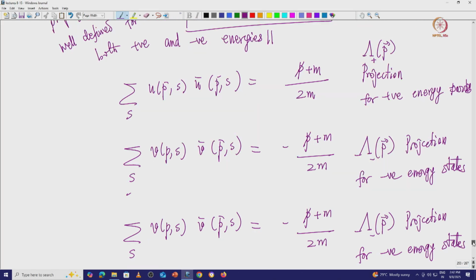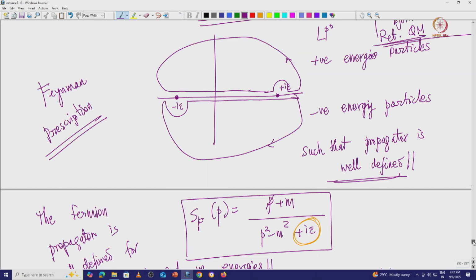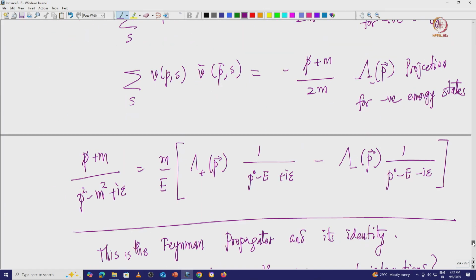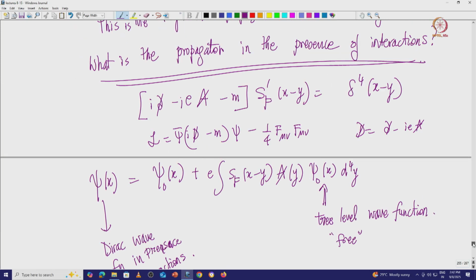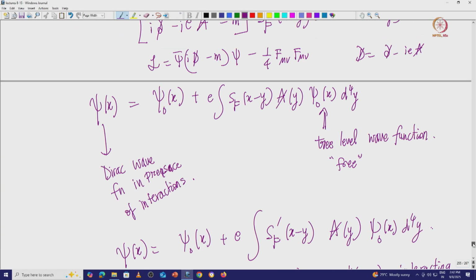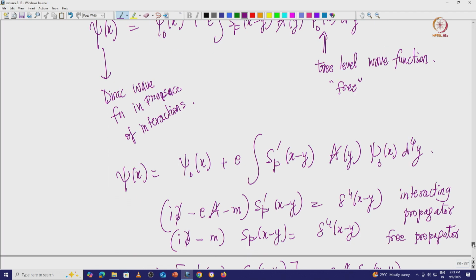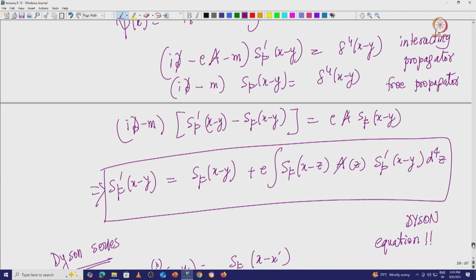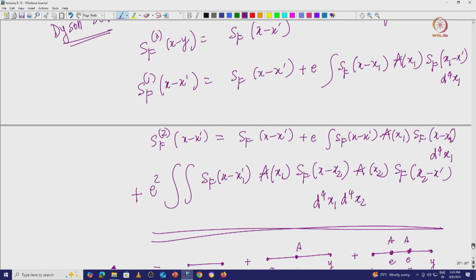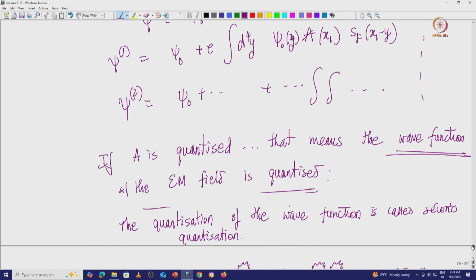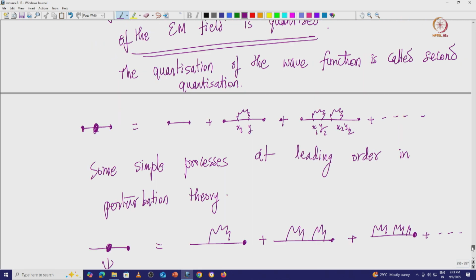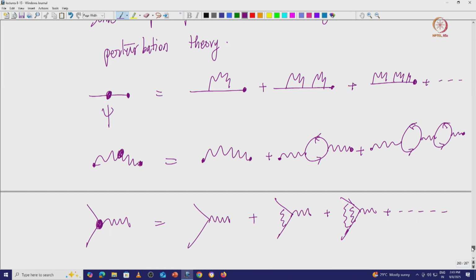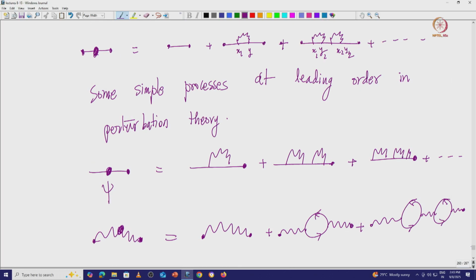Well, that is the only thing essentially, and then we talked about the epsilon prescription, went about deriving the propagator using this, and then we also looked at the corrections to the propagator in the presence of interactions. So, we derived these relations, the Dyson series, and then we also showed that this Dyson series is equivalent to Feynman diagrams essentially in terms of various aspects at higher and higher order in perturbation theory.